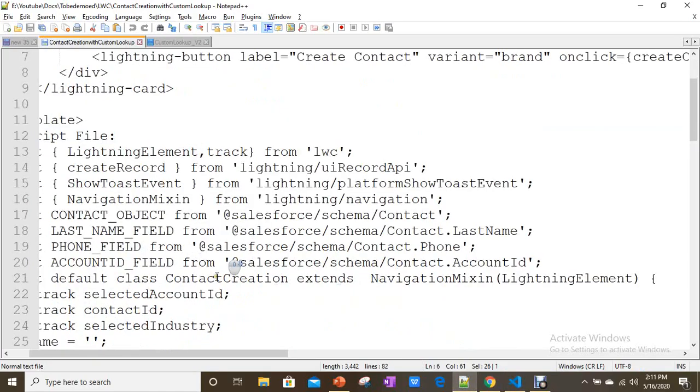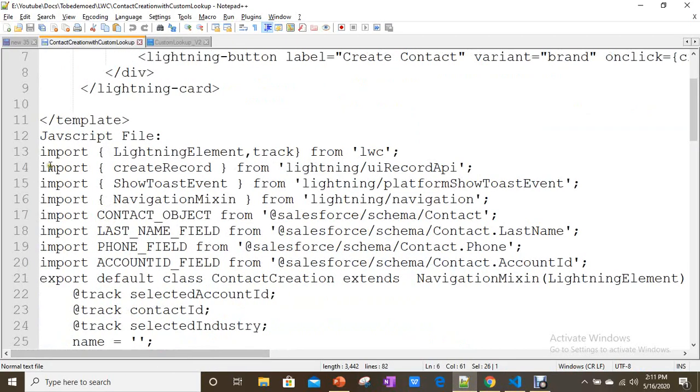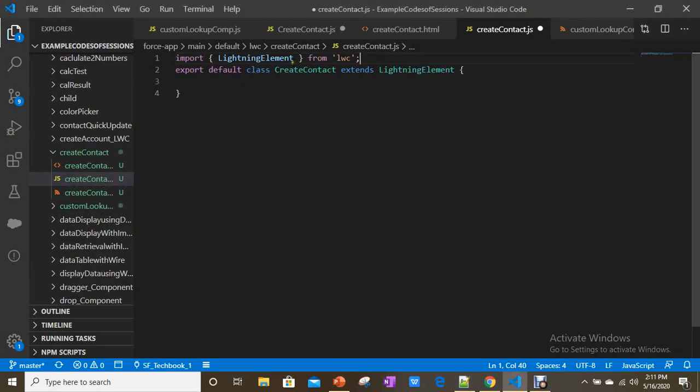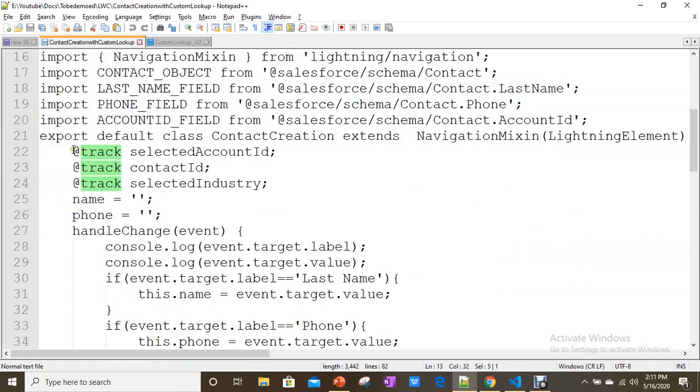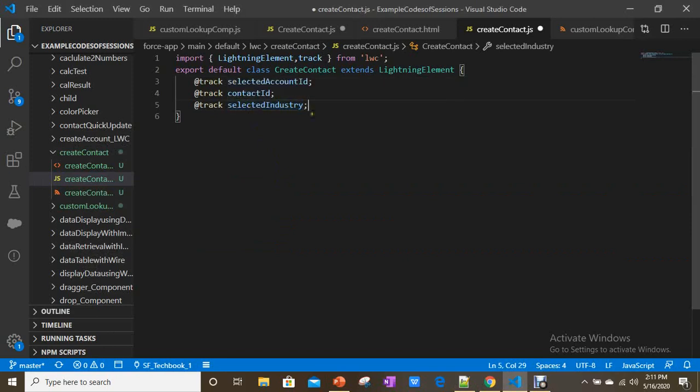Let's go to our JavaScript. I'm going to use track variables: selected account ID, contact ID, select industry.